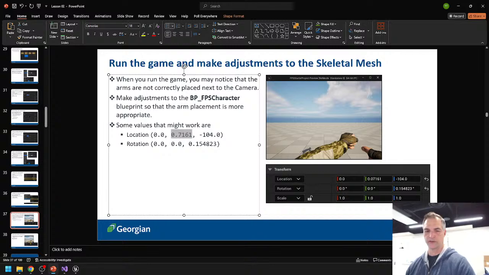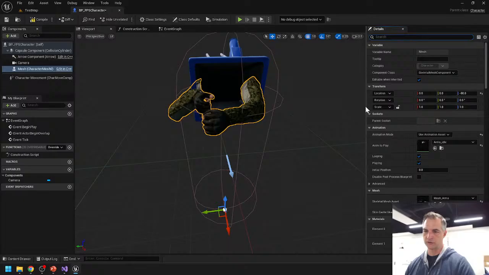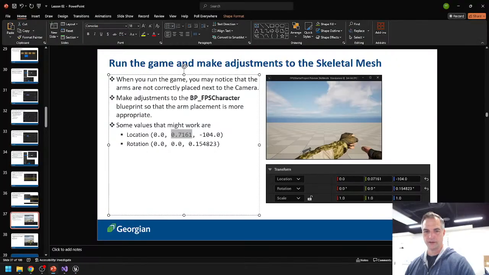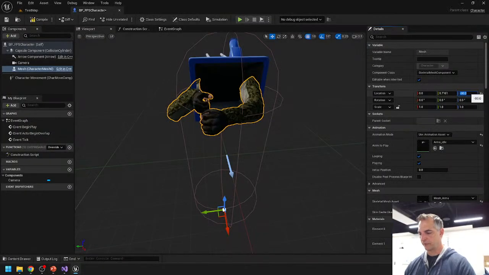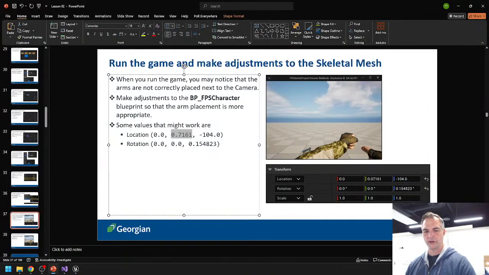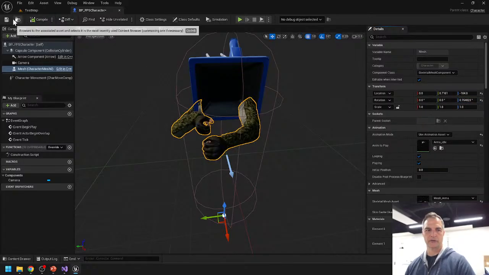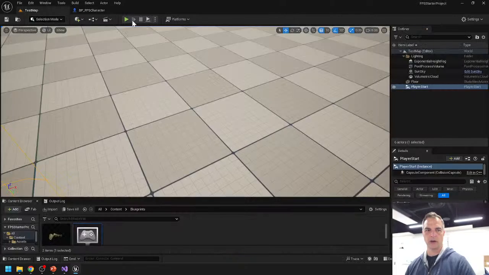So it's going to off-center it a little bit. The location here should be that, so it adjusts it a little bit to the left. Minus 104, so a little bit down from here. Down here, that's a little better. And then I've also suggested a slight rotation with the arms of 0.154823, and that's here. Once we have all that, if I compile, save, and run again,